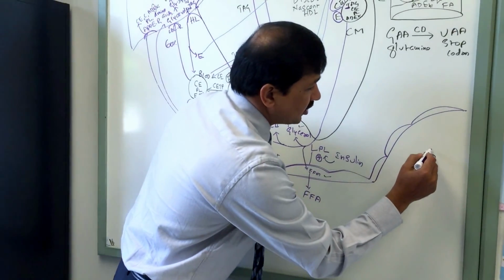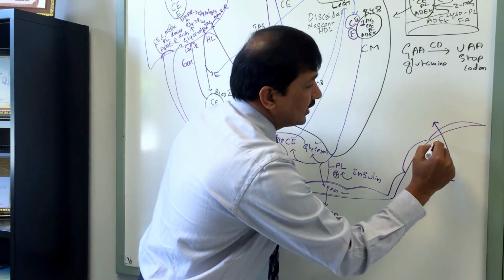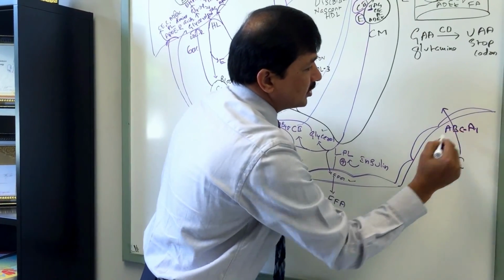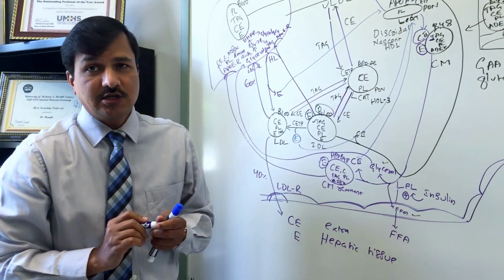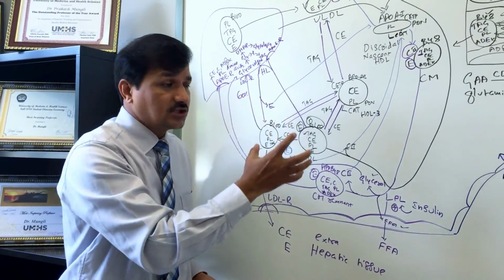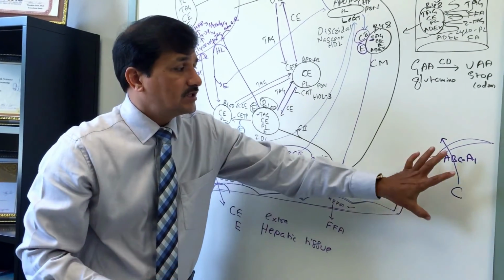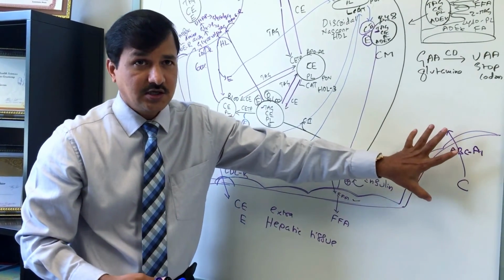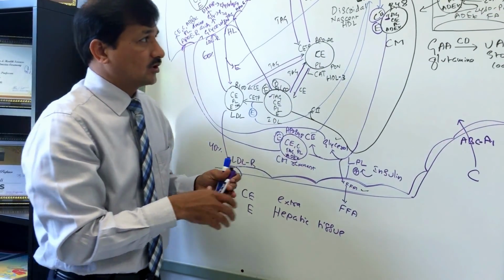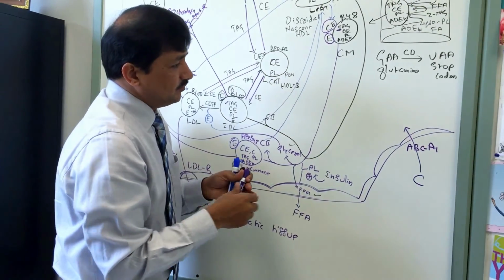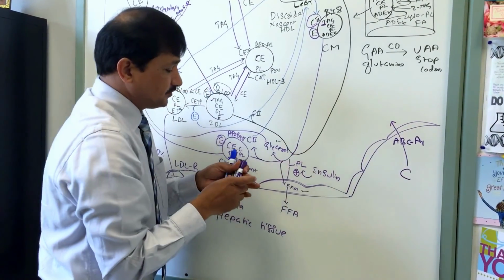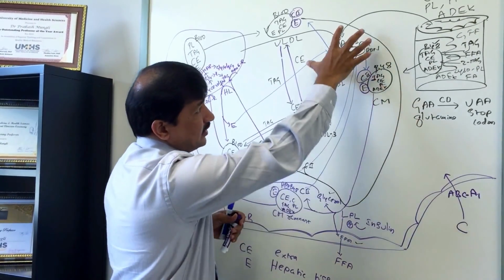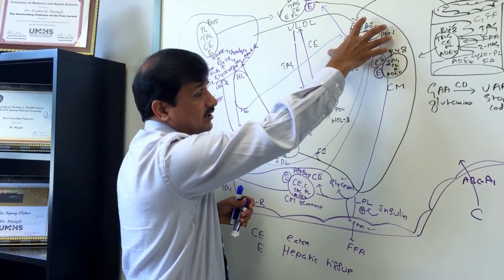Basically the extra cholesterol is pumped out by the ABCA1 transporter. The name of the transporter which is pumping out extra cholesterol from peripheral tissues to HDL specifically is ABCA1, that is ATP binding cassette transporter A1. This is a type of ATP binding cassette transporter. What does it do? When the cholesterol is pumped out, it is in direct connection with the LCAT. The LCAT is down here, on the discoidal nascent HDL.